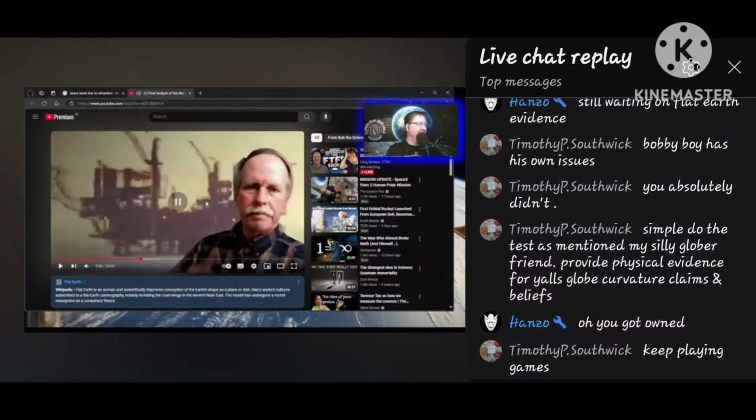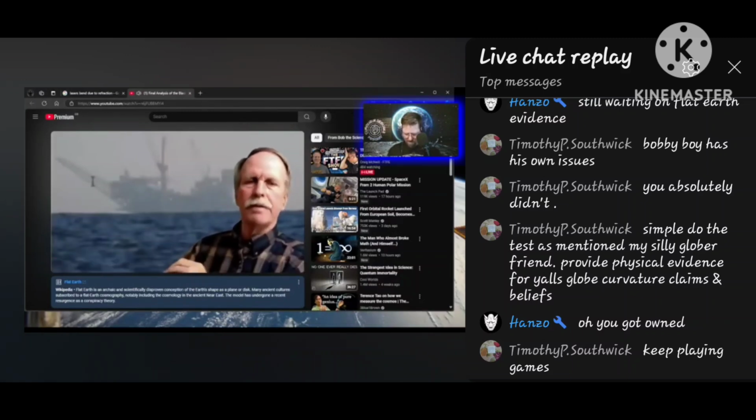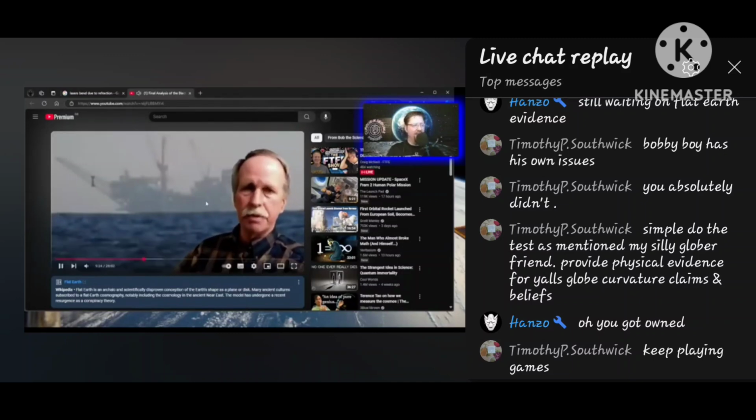Now here's the bottom line. Oh, look, extreme refraction. This is a very refracted photograph. That photograph, oh, look at that, is not extreme refraction, more normal refraction. Look at that. Curvature, not so much. I see Timothy's trying to go back to demanding I do his experiment for him, and now he's trying to play like he hasn't been owned, but he completely and totally has been owned. So even though this is a far better and clearer photograph with fewer optical effects and compression, we're missing more of that platform. Why is that? If we are missing platform, I absolutely wrecked you. You just got absolutely globe probed.